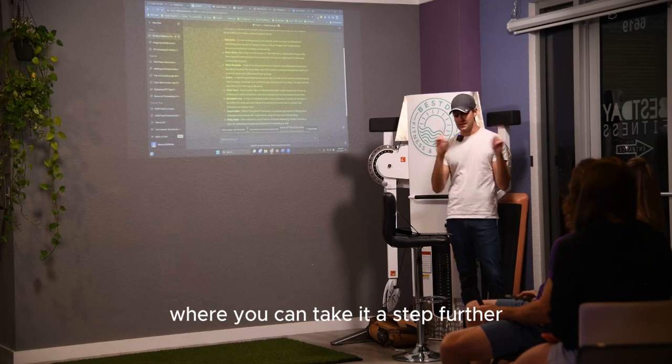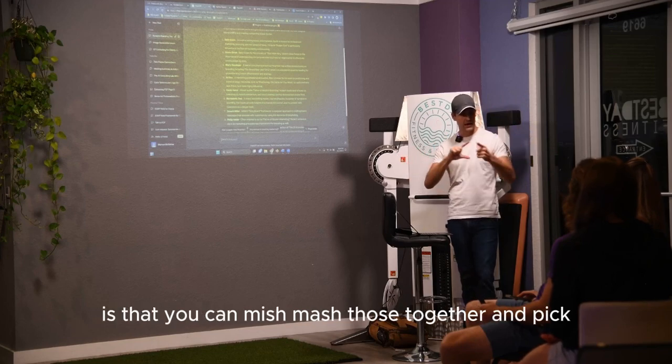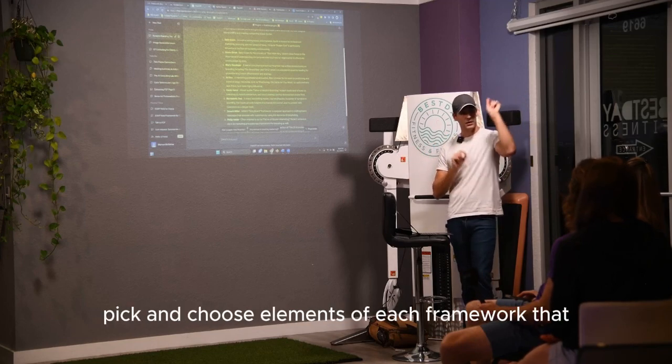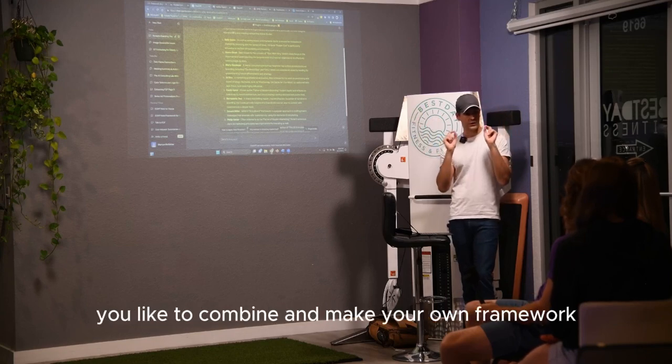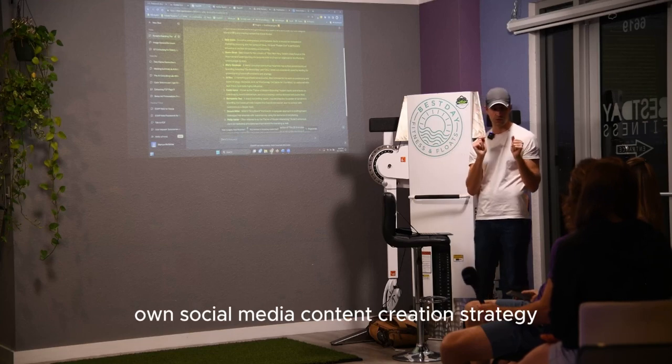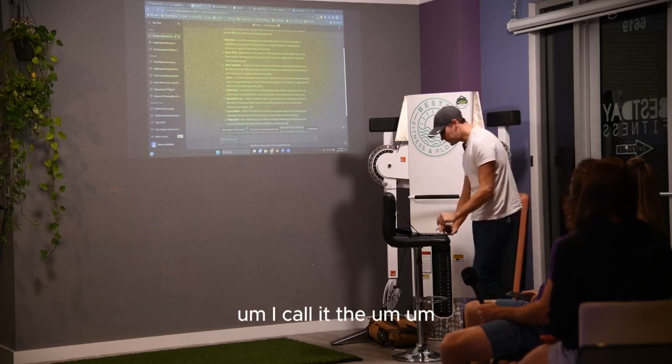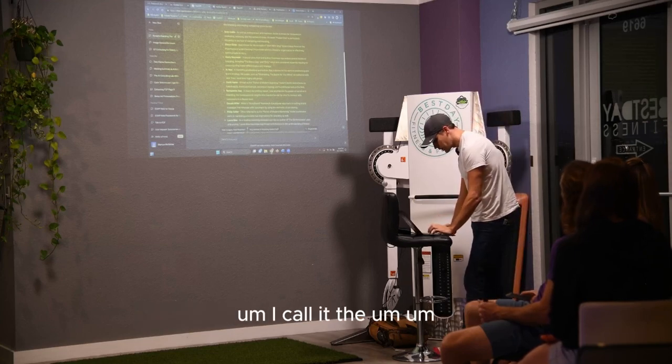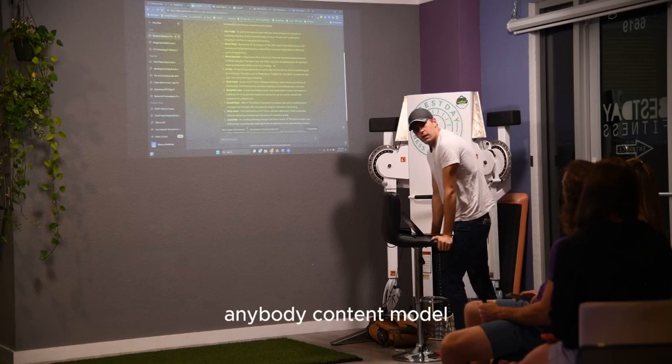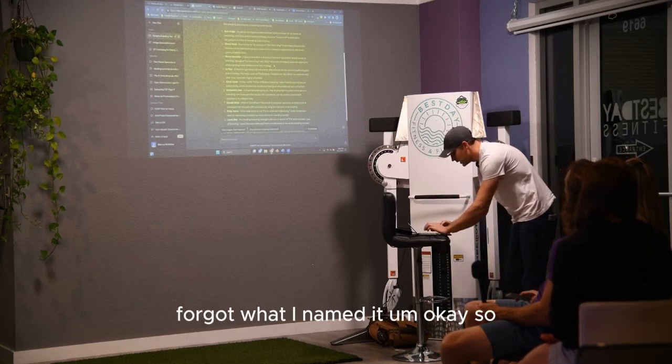Where you can take it a step further is that you can mishmash those together, pick and choose elements of each framework that you like, and combine them to make your own framework. That's how I made my own social media content creation strategy. I call it the integrated content model. Forgot what I named it. Okay, so